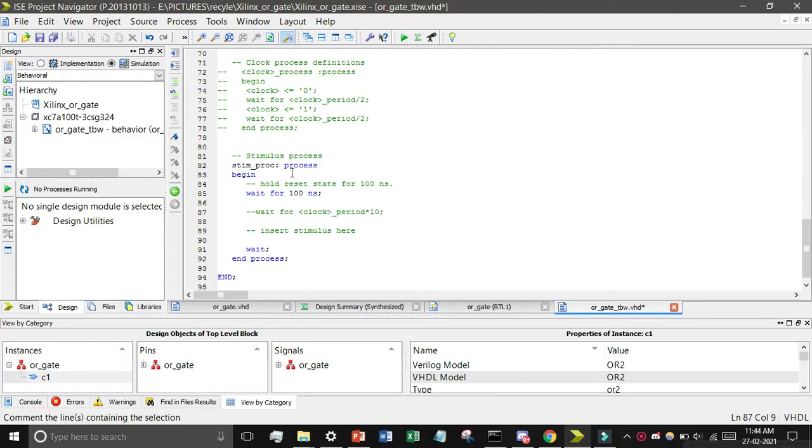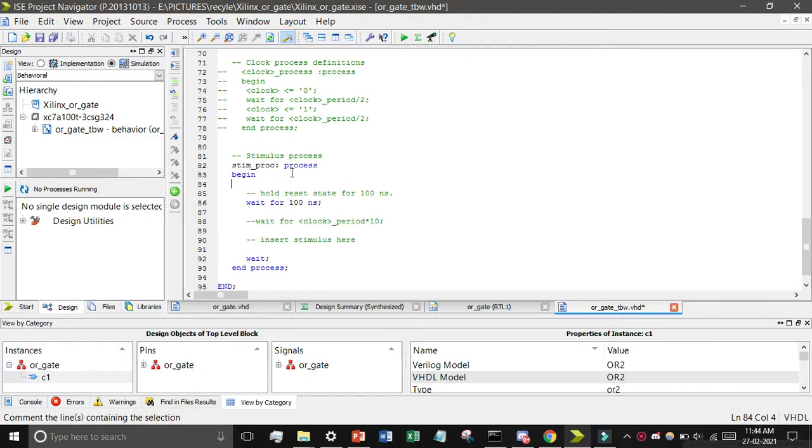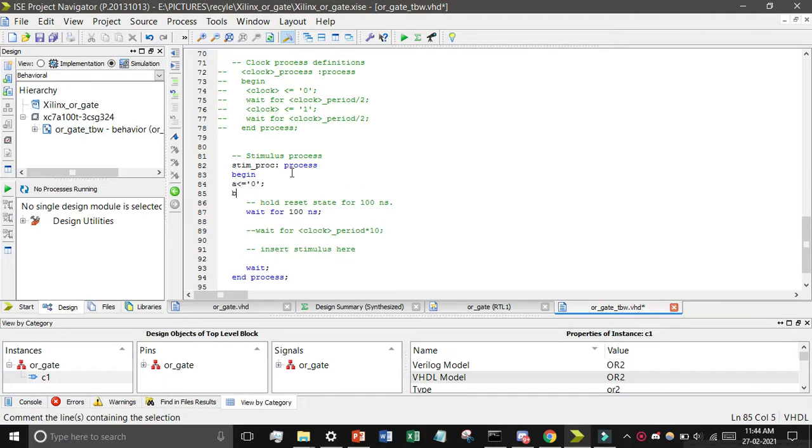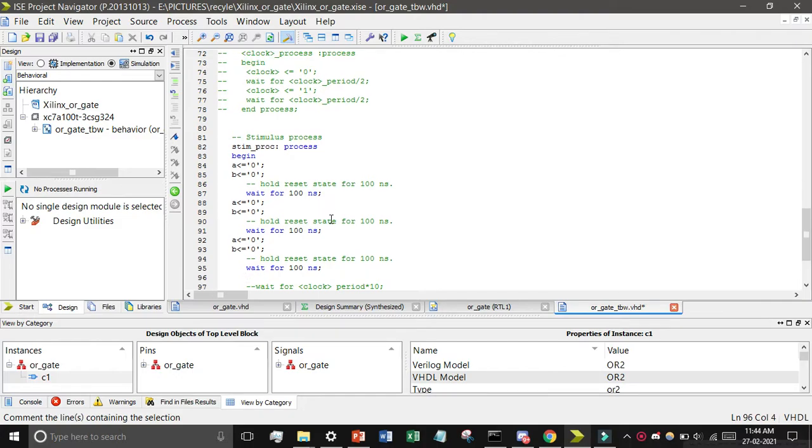Now we find the begin. Then we have to write A <= '0'; and then B <= '0'; with a semicolon. For the OR gate we need 4 input combinations, so copy this line with Ctrl+C and paste it 3 times with Ctrl+V.